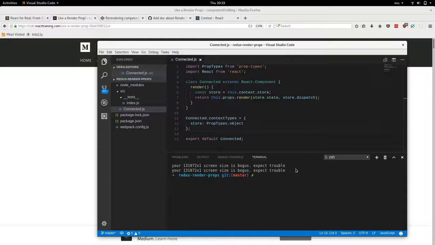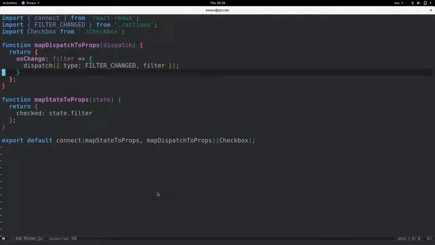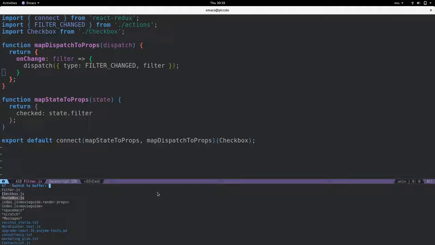prop. So we can create a class called Connected, and this has a render method. It takes the Redux store from the context. Well, it really doesn't matter where it takes it, but in this case, I take it from context like the existing React Redux connector, and then it calls a render function that you pass as a prop with the store state and store dispatch. So to go back to our previous example, the actual